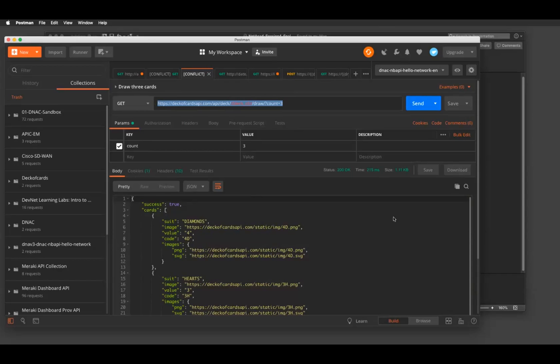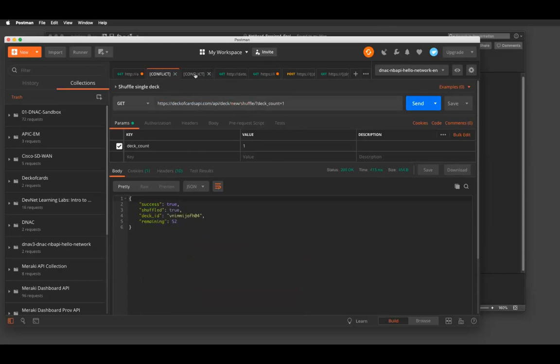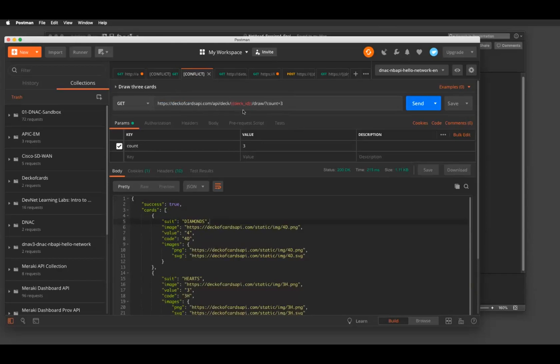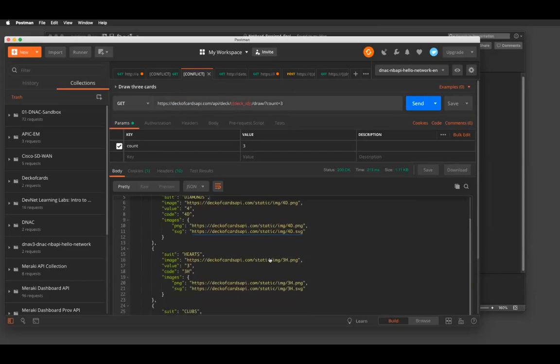So as you look at those pieces of documentation, you can kind of see up here at the top, and in red, that's because this is a variable based on the variable that I've chosen from my deck ID. Now, the easy way to do it is once you get your deck ID, you can go in here and copy and paste it into where it says deck ID here at the top. That'll do the same thing for your deck. But you see again at the bottom, the data is coming back, right?